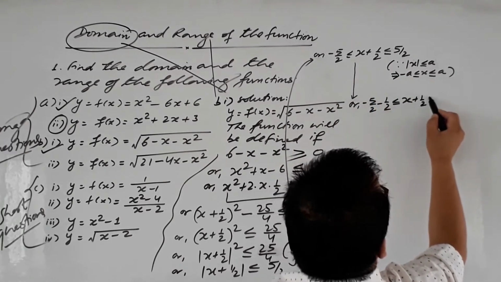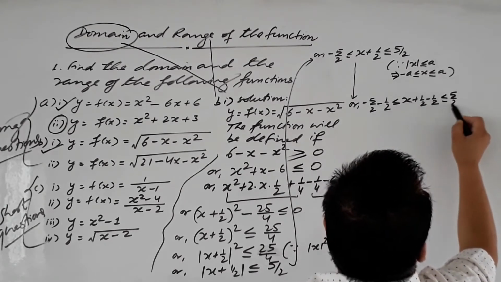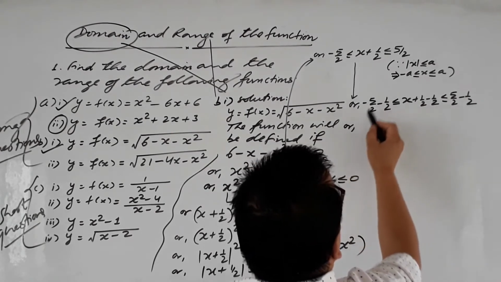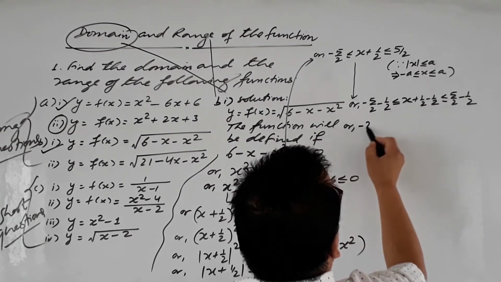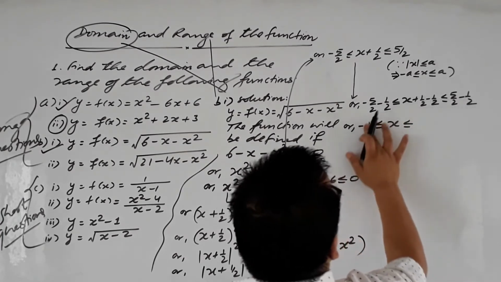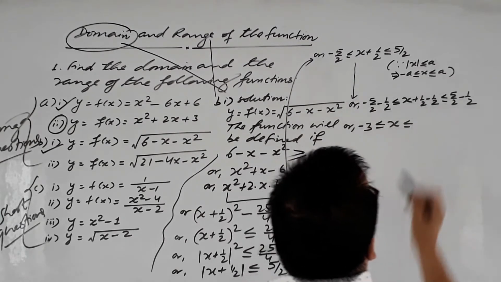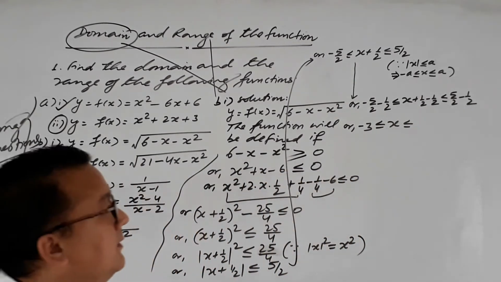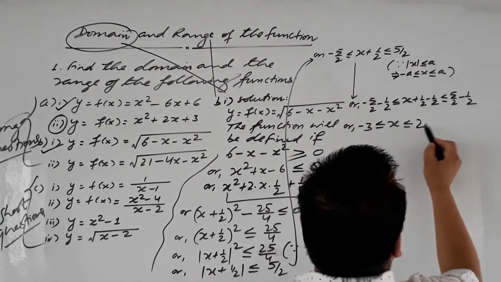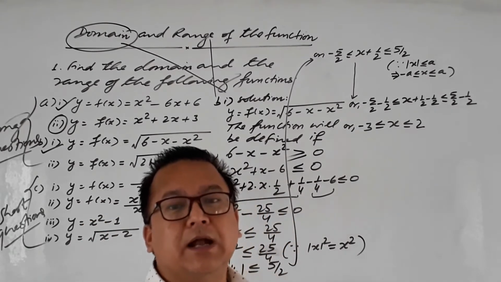Okay, so let me show minus 1 by 2 less than or equal to 5 by 2 minus 1 by 2. I guess you got it, right? So here minus 4, so minus 2 less than or equal to x less than, so 4, no 6 is, sorry. This minus 6 by 2 means minus 1 by 2 minus 1 by 2 will cancel out each other, and 5 minus 4 is 2, 4 upon 2 is 2. So here x lies between minus 3 and 2, right?